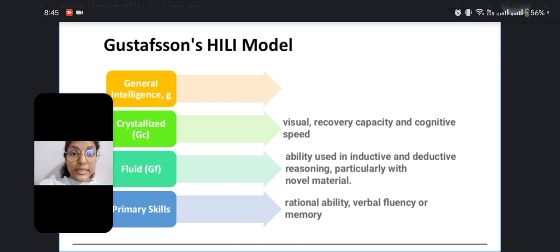But with crystallized intelligence, what we are trying to encapsulate here is the experience that they have gained over a period of time. So a 40-year-old individual is much more experienced in terms of different life factors, let's say work, family, culture, religion. Even though the experiences differ from one individual to another, crystallized intelligence keeps increasing over a period of time, and it has to deal with the individualized experiences